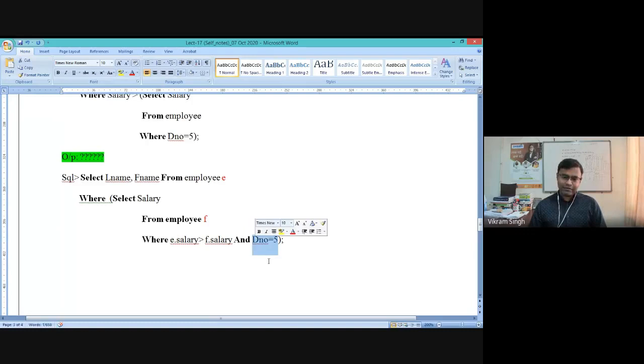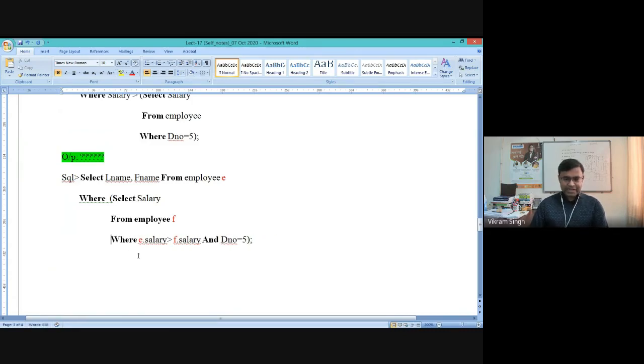Now you can see carefully, we have used, in the inner query or in the subquery, the instance of the table E. So this E instance of employee is defined in the outer query, but we have called it within the range of this subquery.